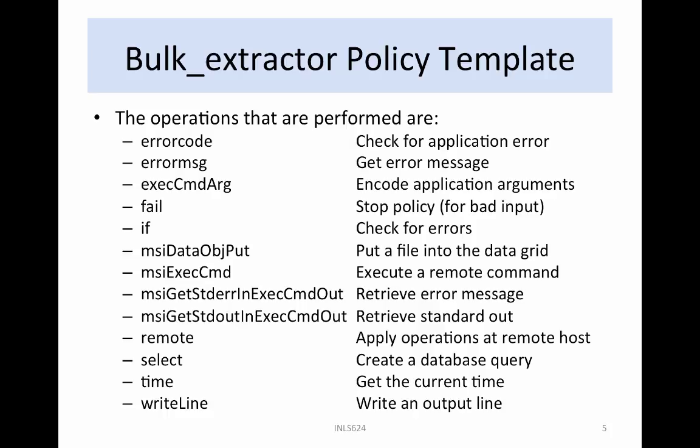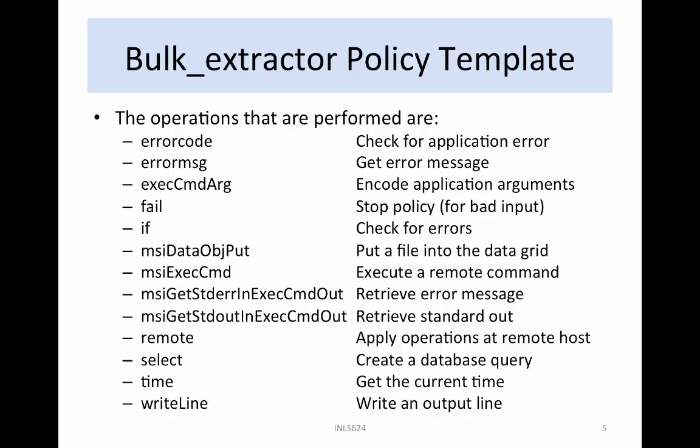The operations that are performed in the odum_bc_extract_feature_files_rule.r are: errorcode, check for an application error; errormsg, if an error occurs, get the error message; execCmdArg, encode application arguments for transmission to an external application; fail, stop the policy, used for bad input; foreach, to loop over the files within a collection; if, a conditional check for errors;